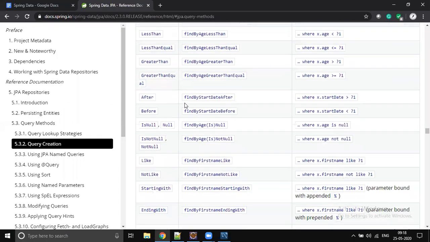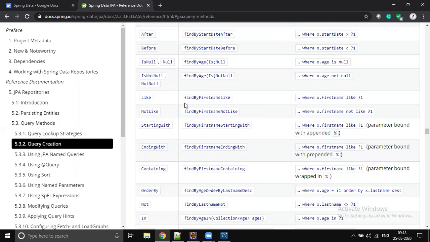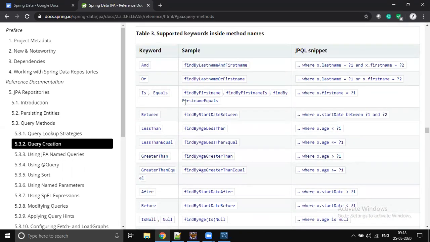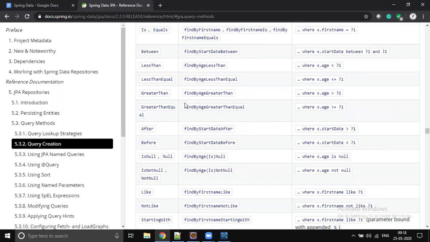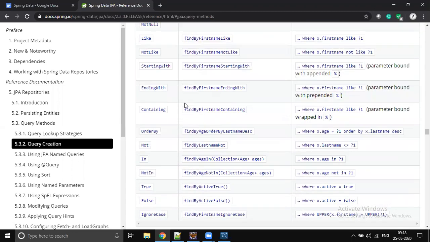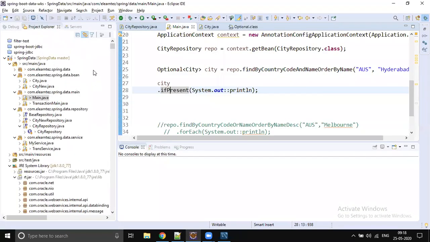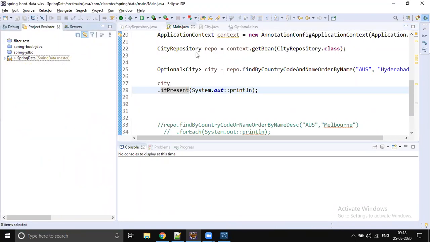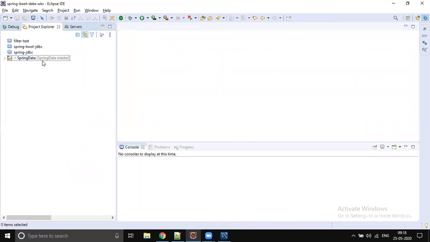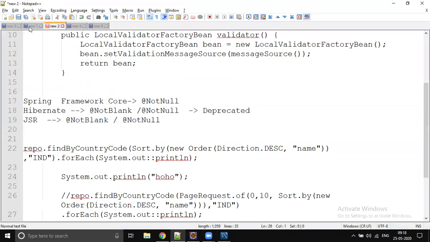Okay. Yeah, so with this, at least 40 to 50% of the things are completed. At least we came up to 40 to 50% of the applications, right? We can avoid writing queries, right? But there are some cases where you have to go for some kind of complicated stuff, right? I will show. Okay, so we will be stepping up to the next level now. Till now we are using the Spring Data features, but I will show one example. Okay, but anyway, first of all, let's look at this data.